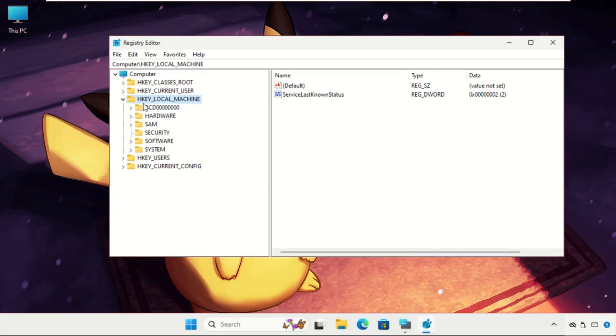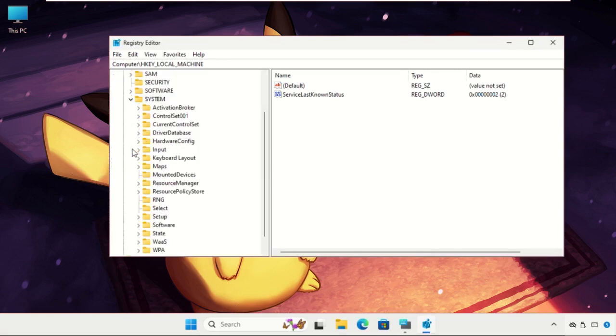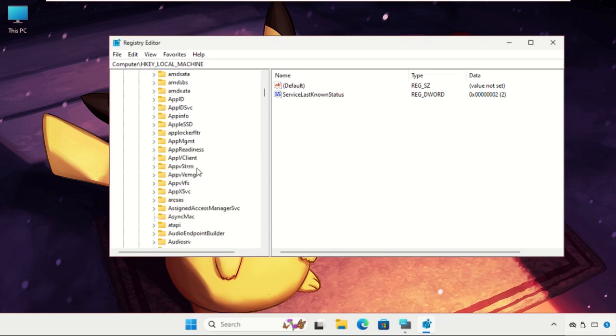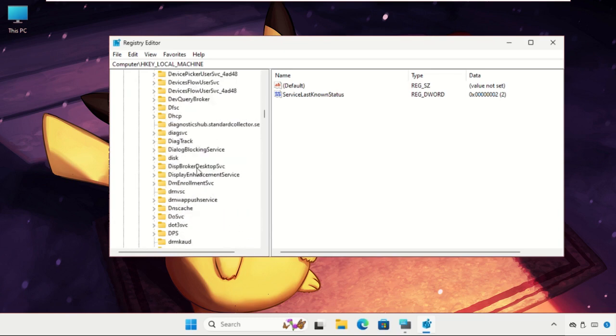Now expand HKEY_LOCAL_MACHINE, then expand the System folder, then expand CurrentControlSet and expand the Services folder. Once we are here, just keep scrolling down until we find the